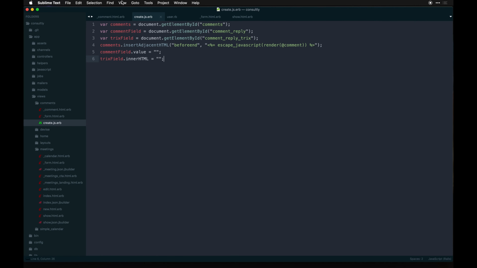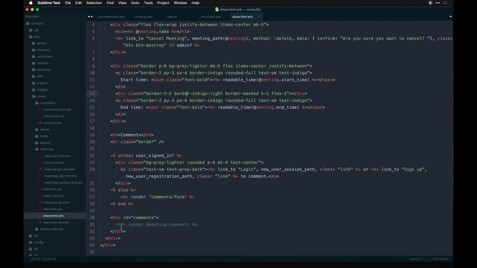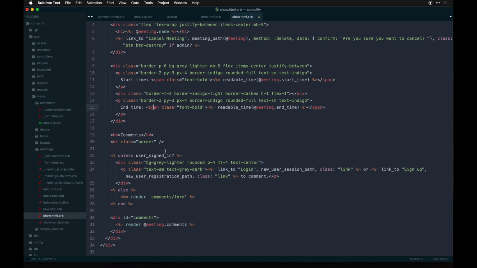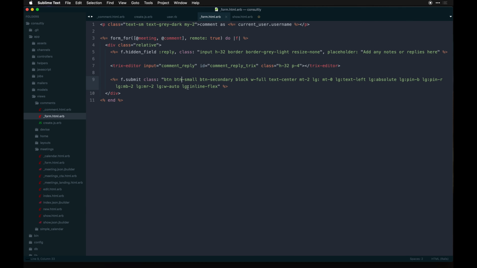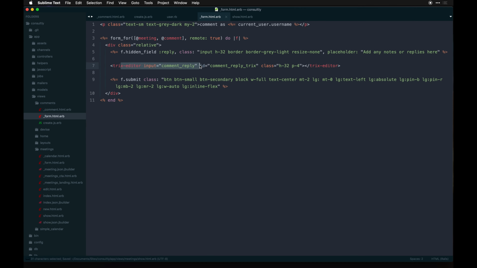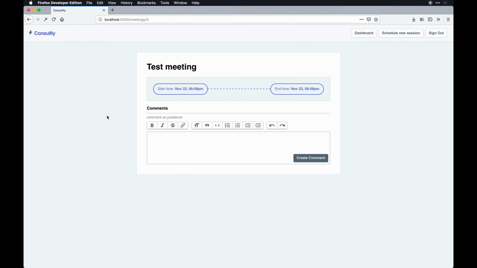Before we do, I need to make sure that it is active in our show theme though. So here's where that comments ID comes from. If you recall, I grabbed it here. I'm also getting the comment reply based on the ID that comes out of the comment form, which would be the ID there. And then I'm also getting the Trix editor ID, which I've added manually, the comment reply Trix. So all those things combined allow us to do all this stuff on the fly, which I'm hoping will work right here. So I can say test comment,